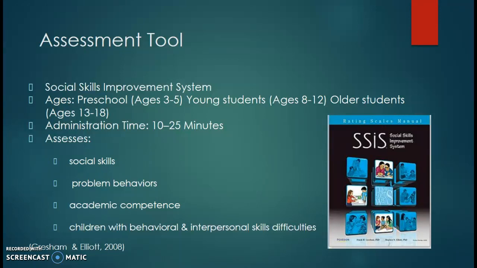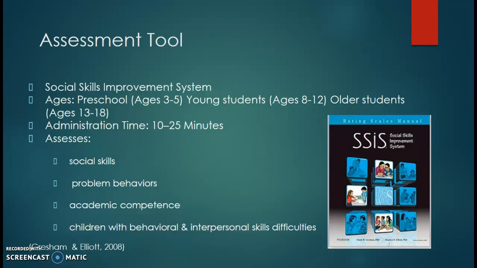The nice thing about the Social Skills Improvement System is that when you have the young adults ages 8 to 18, typically they fill out a standardized form along with the parent and along with the teacher. I would think this would be very important because, again, we want generalization. We don't want them just to have increased social skills at school. We want them to be generalized. We always want them to have generalization skills because without them, we're not going to be able to increase our occupations once we leave or transition out of high school.